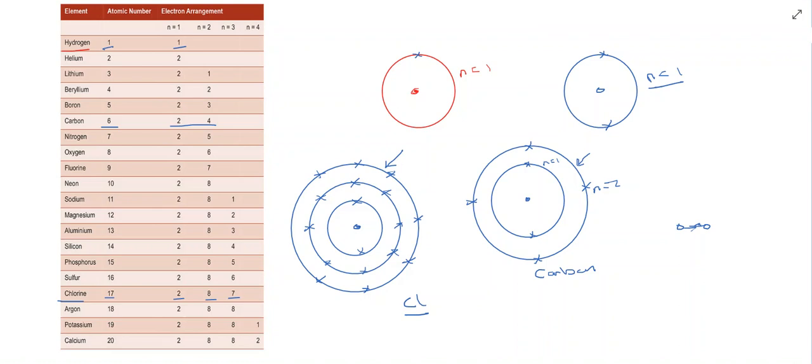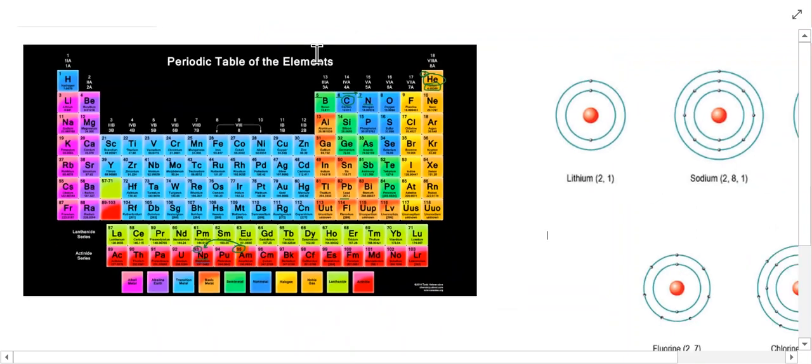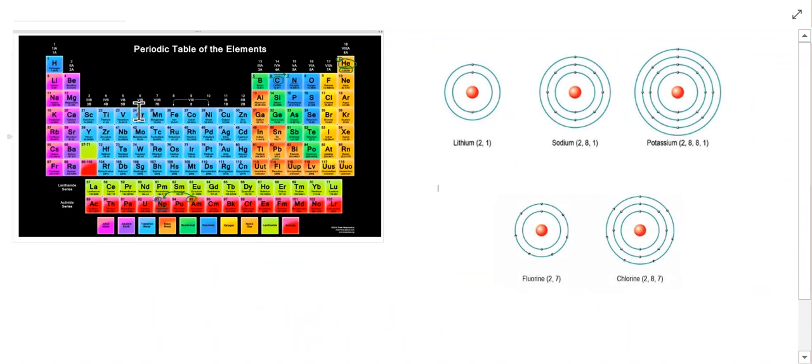So what's important then is that also another kind of thing to know, in relation to these outer energy levels, is the electronic configuration of atoms and the periodic table. So if we have a look here, we're having a look at the periodic table. So what we have here, if we look at these, we have lithium, sodium and potassium, and we have the electronic configurations underneath here. So we can see here with lithium, it has 2 electrons in the first energy level. That's what this stands for. And then there's 1 electron in the outer energy level. Okay. If we take potassium then here, potassium has 8 in the second, 8 in the third, and then